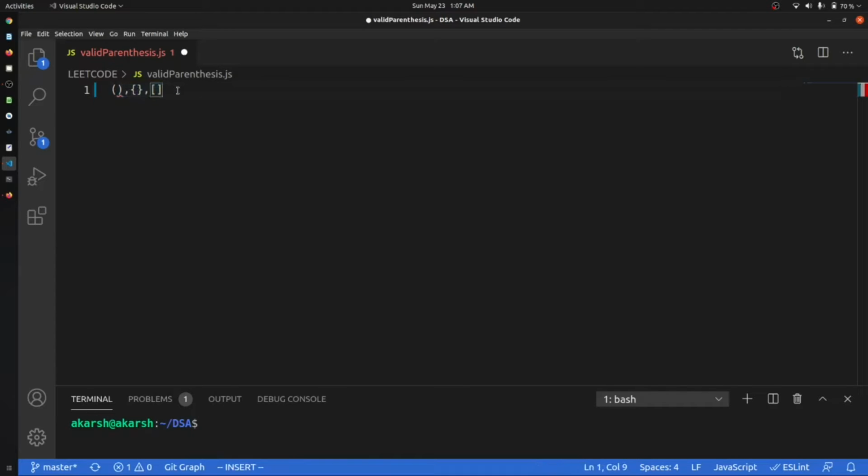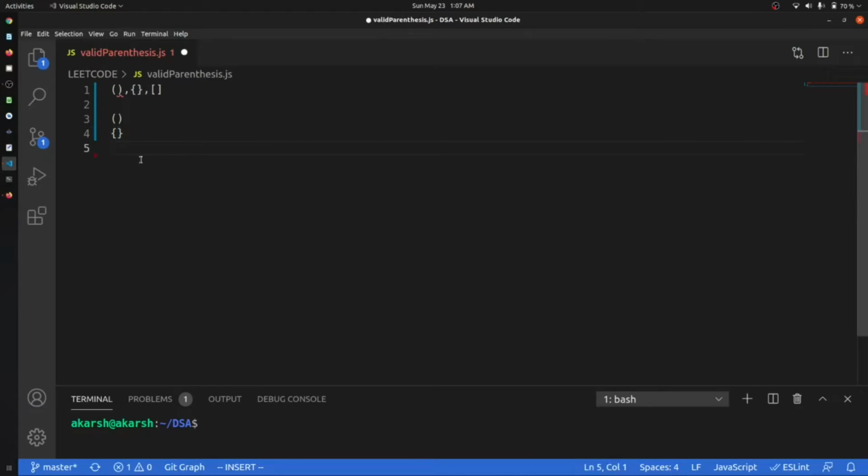So what is a valid parenthesis? A valid parenthesis is a parenthesis that opens and ends with the same type of parenthesis. You can see that it opened with a small parenthesis and ends with a small parenthesis. Next, you can see that it starts with a curly brace and ends with a curly brace.